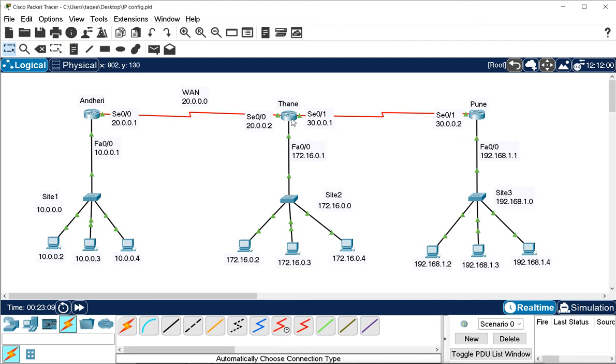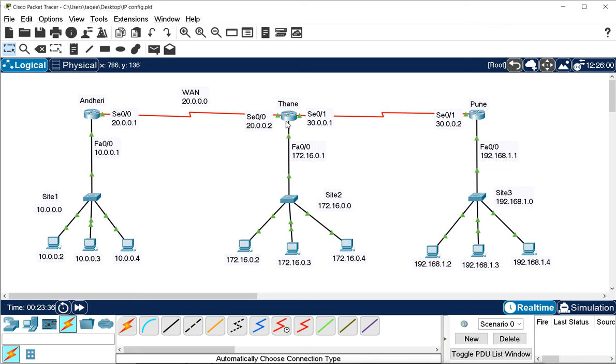So when we configure the RIP protocol on all these other routers, they will communicate with each other, exchange the information and then create the routing table. They will create the routing table automatically by exchanging information from neighboring routers. So we have to configure the neighbor routers, then only can we see the routing table created.